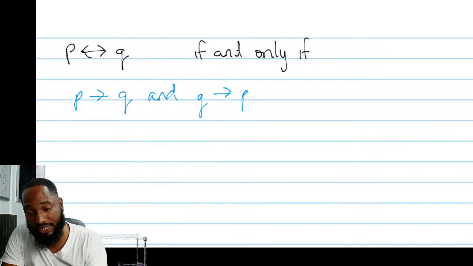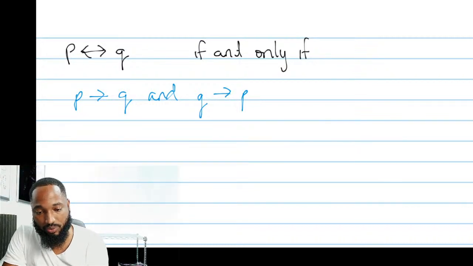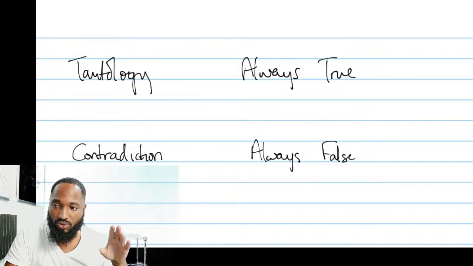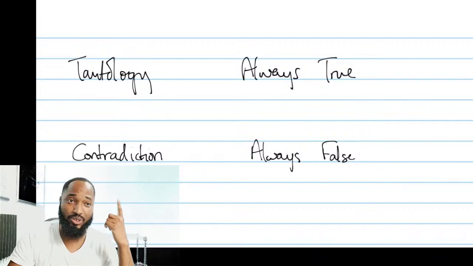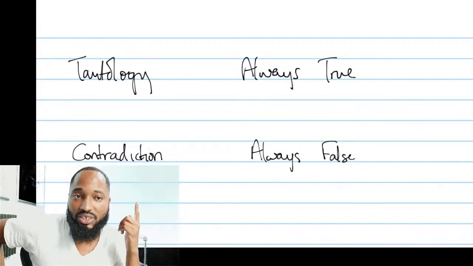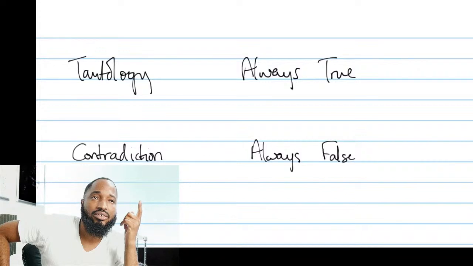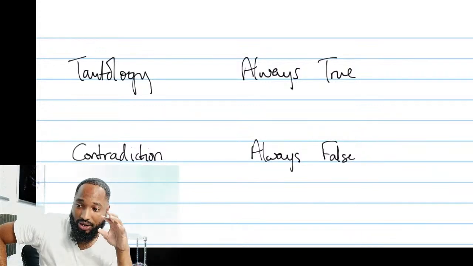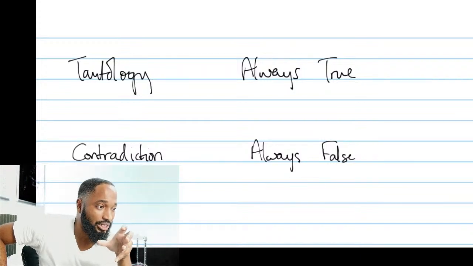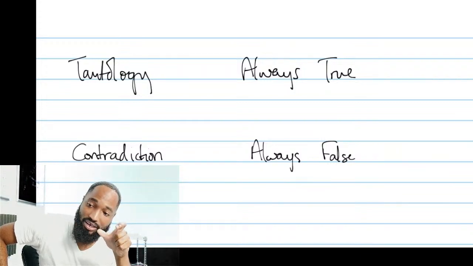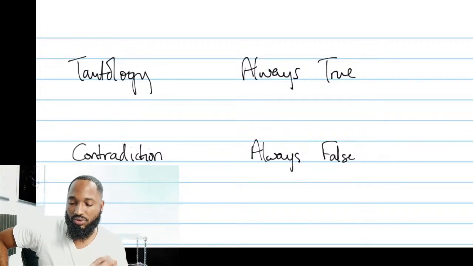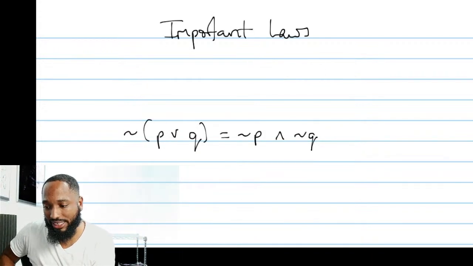When we reach the questions, you'll see, a tautology is a statement that is always true, and a contradiction is a statement that is always false. The only time you really apply this knowledge is in some of the laws, when you're simplifying a logical statement. Some of the laws are tautologies or contradictions, so you can understand it's always true or always false. So that is it.